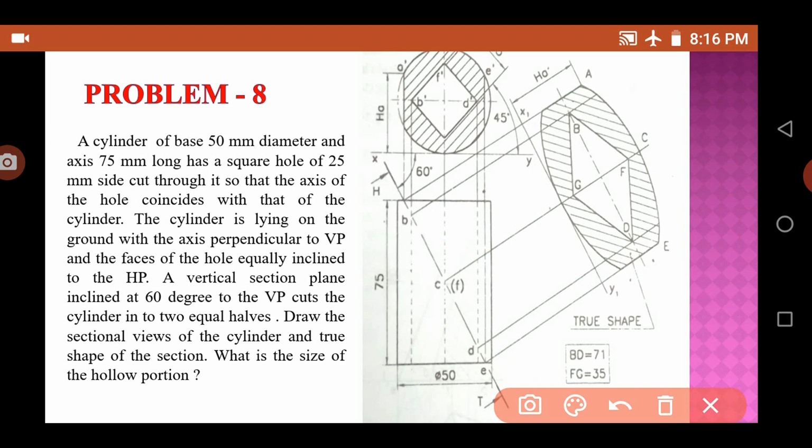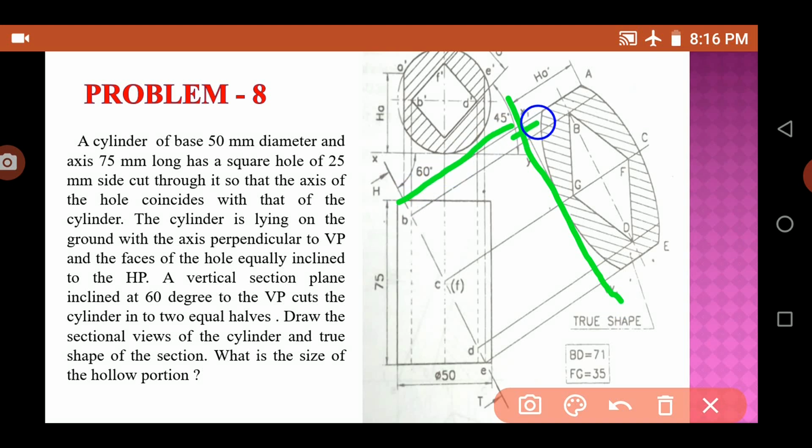So you have to point out all these points, C, D, and E. Draw the lines, we are going to shift this line. So this line we are going to shift by using an auxiliary line. So you have to draw an auxiliary line here, x1 y1, and draw